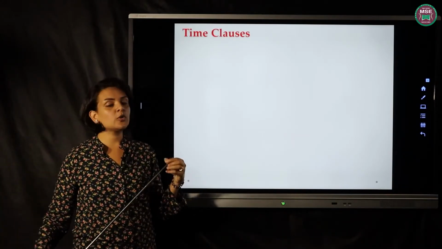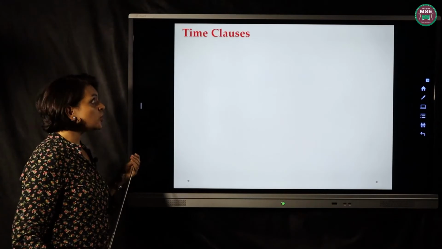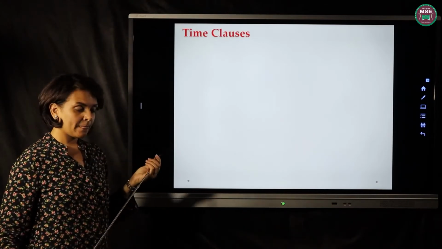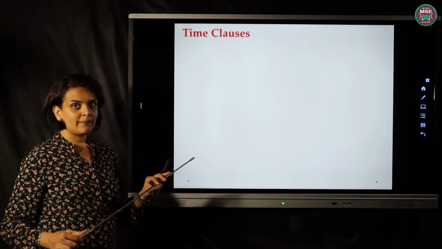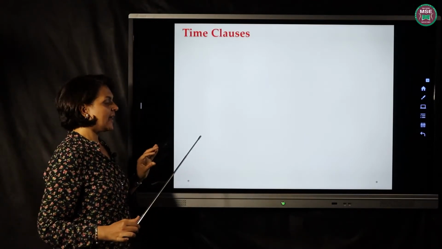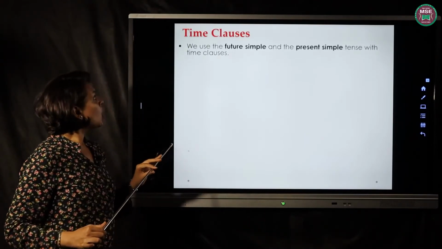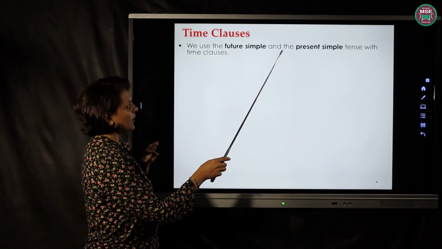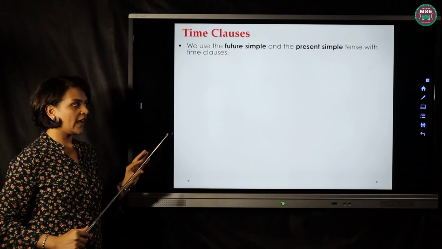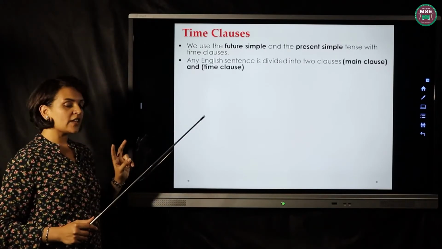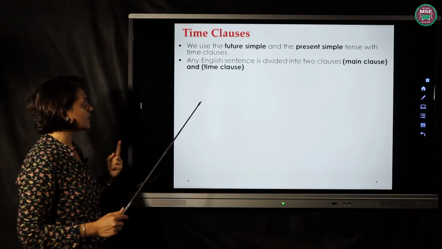Okay, what are time clauses? Time clauses are words that make a mention of a time. What does it mean? Let's see. We use the future and the present simple tense with the time clauses. So we have two tenses in one sentence.